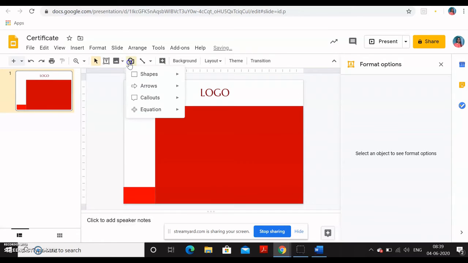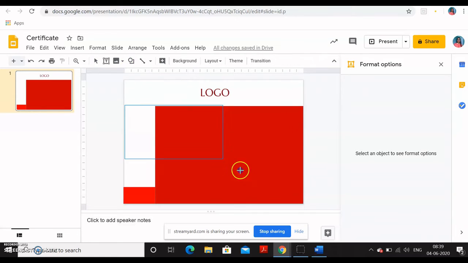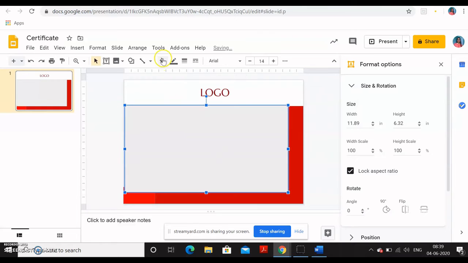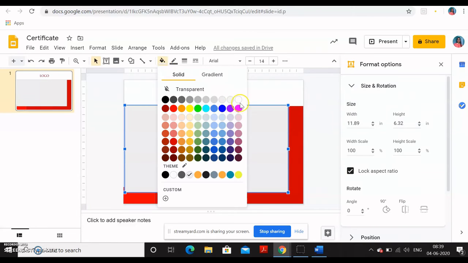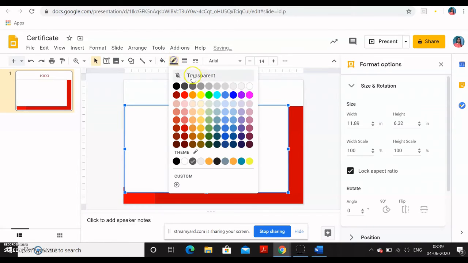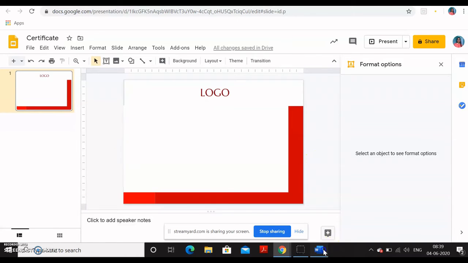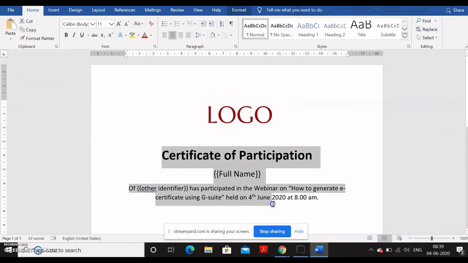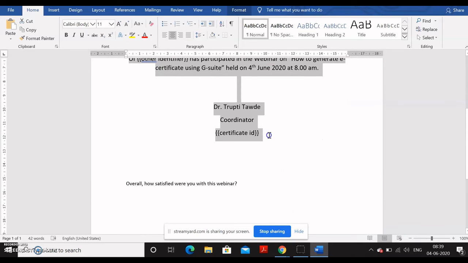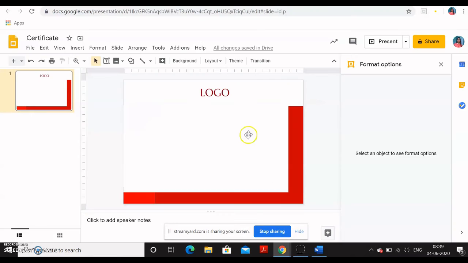Again, I'm showing these different shapes available for you. So you can use these shapes for designing the certificate. You can color them also using this option. Even the borderline, you can color it using this option. So once your certificate design is ready, the next thing that you will do is the content. I have already made some content, so I will copy it from there. But to write the content, there is again a certain format that I will explain to you.